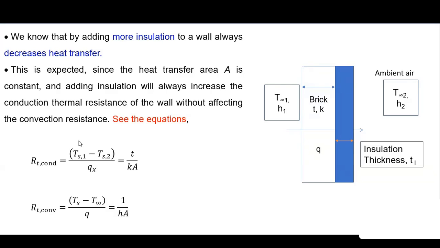So in the case of a plain wall, when additional insulation is placed, it will increase the conduction resistance, the material resistance for the heat to flow, and it will not affect the convective resistance. The convective resistance will remain as it is. Conduction resistance will increase, and the total overall resistance is going to increase. So if you increase the thickness, you'll get more resistance for the heat to flow, and automatically the heat transfer is going to be reduced. But